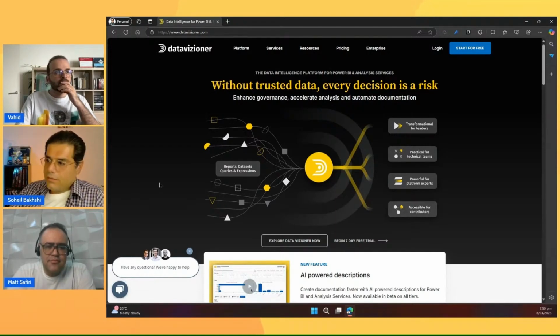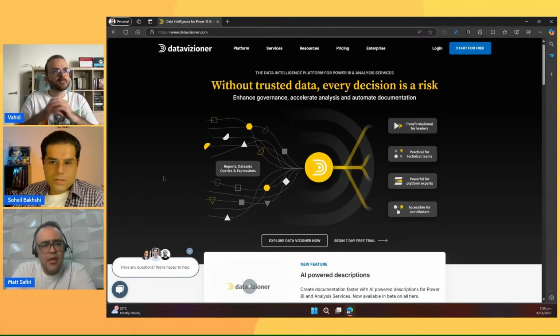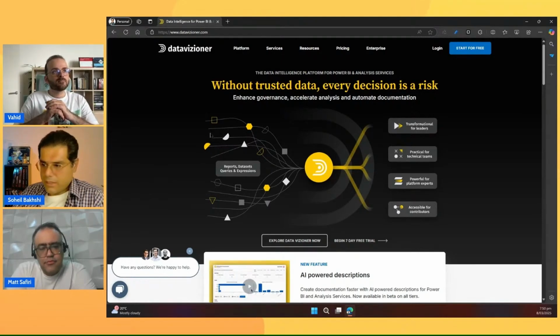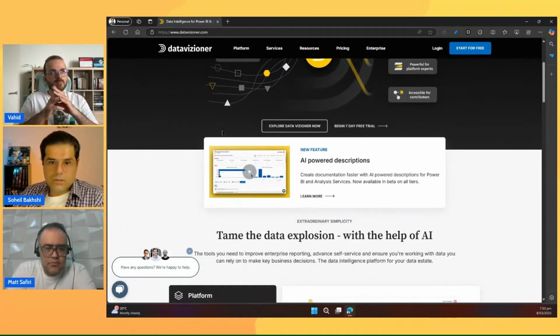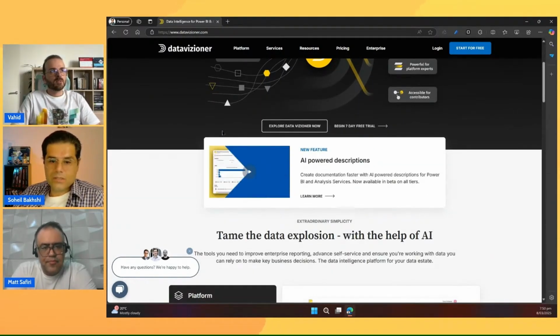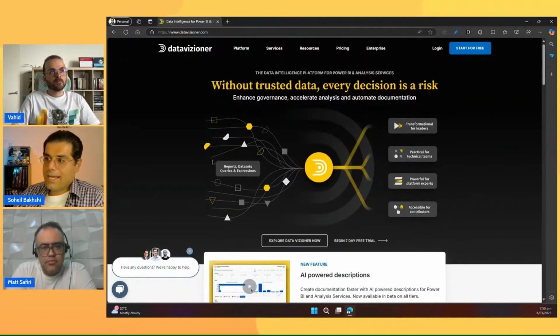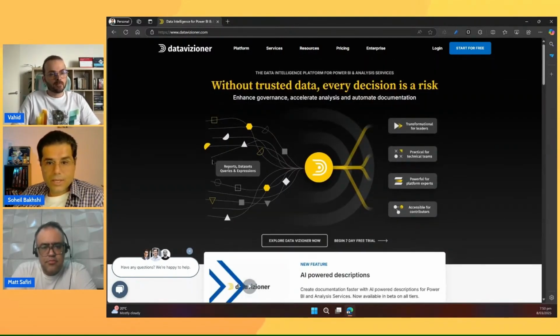We are working really hard to support Power BI service, which will be out in the next couple of months. This is automating the documentation. Power BI Documenter is the name of the tool that we have right now.